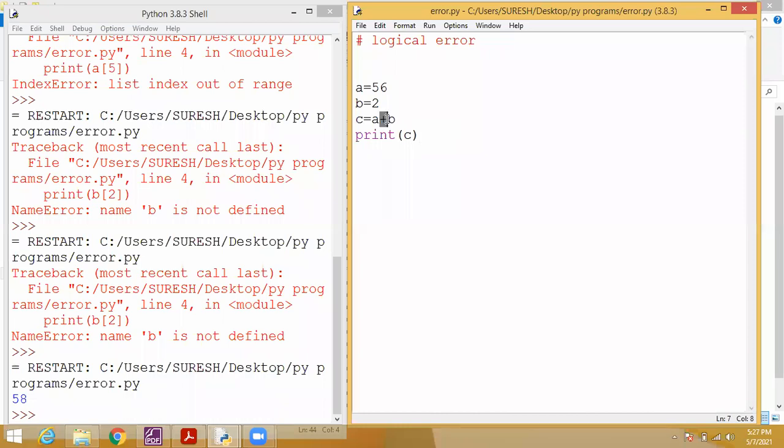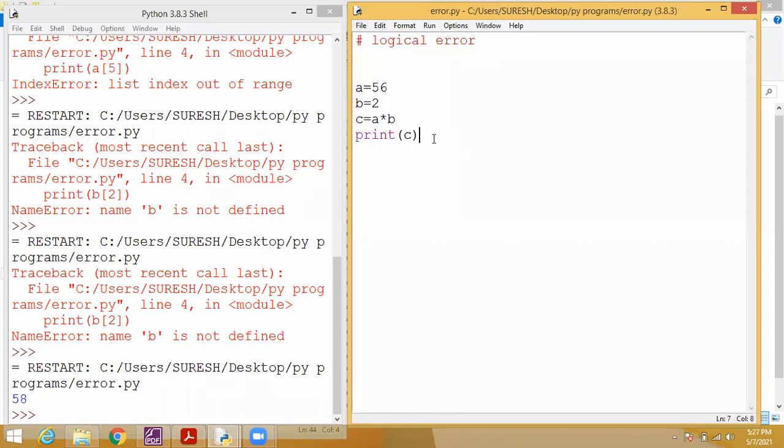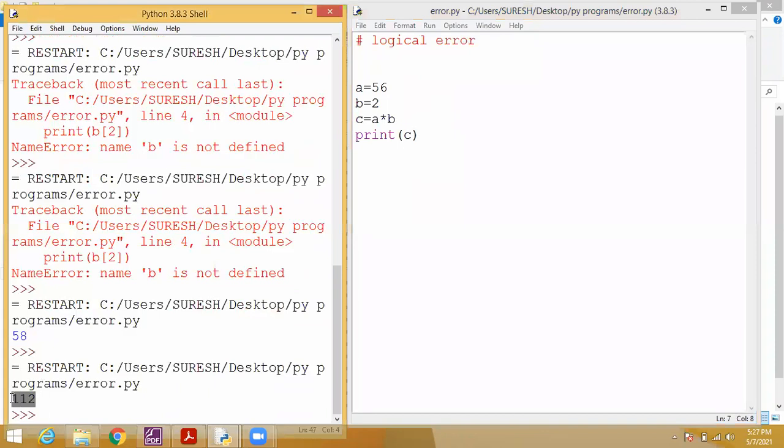Yes, sir. Simply you want to correct here, so here you want to correct multiplication. This logical error will not produce the expected output. So now after correction you can get your expected output, your desired output. This is also preventing the successful interpretation. That is what is called a logical error, because successful interpretation means it will show your desired output. So the 112 is the desired one, the 58 is not. Okay, students, understood everyone?